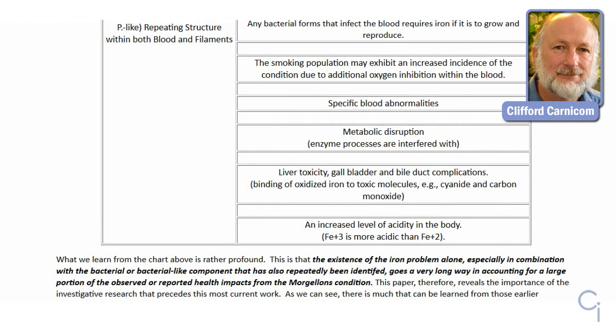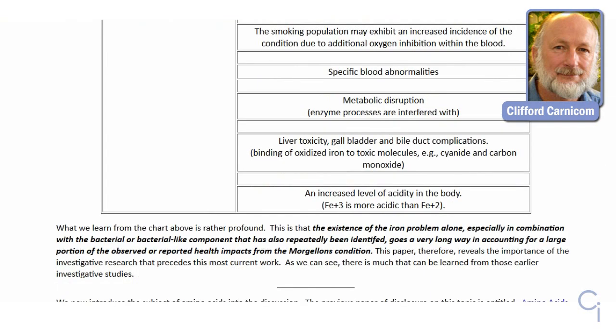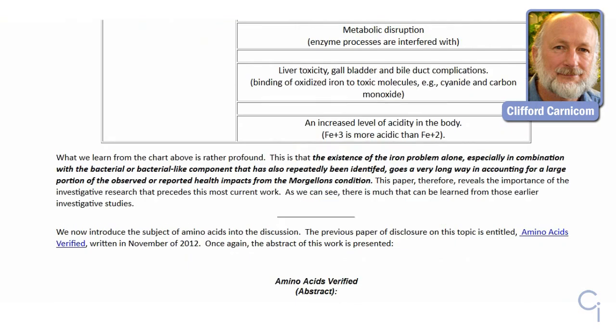So you can see that there's already, even at this early stage, just making it through one of the 12, at least a degree of correspondence already taking place between the health impacts as they are reported or observed and the basically documented research that shows the existence or likely existence, if you want to qualify yourself, of a particular component or functional group. You are already seeing an associative process take place